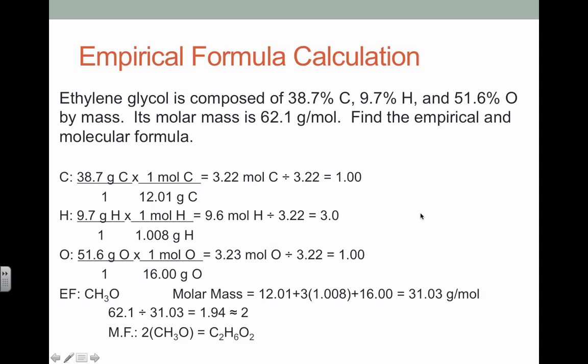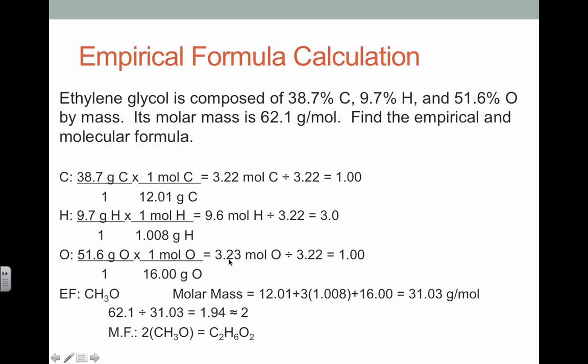This is a sample empirical formula calculation, and in this one we're given percentages, and we have to find the empirical and molecular formula. So if we're given percentages, the first thing we do is we change those percentages into grams, assuming we have a 100-gram sample, and we convert our grams of elements into moles of elements by dividing by the molar mass of each element. So 12, 1.008, and 16. And we get these three numbers,